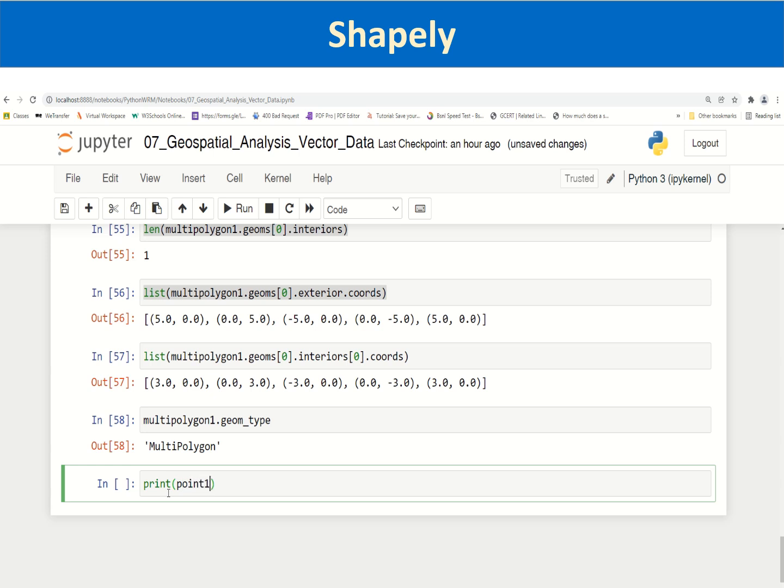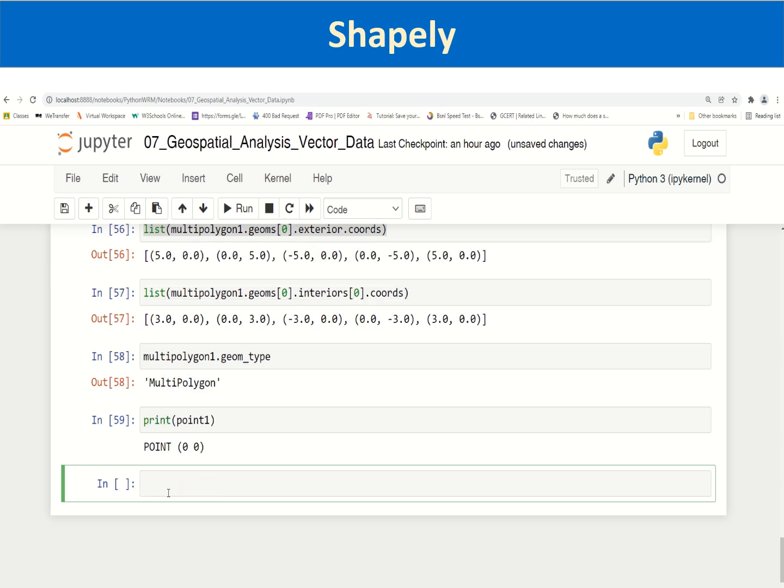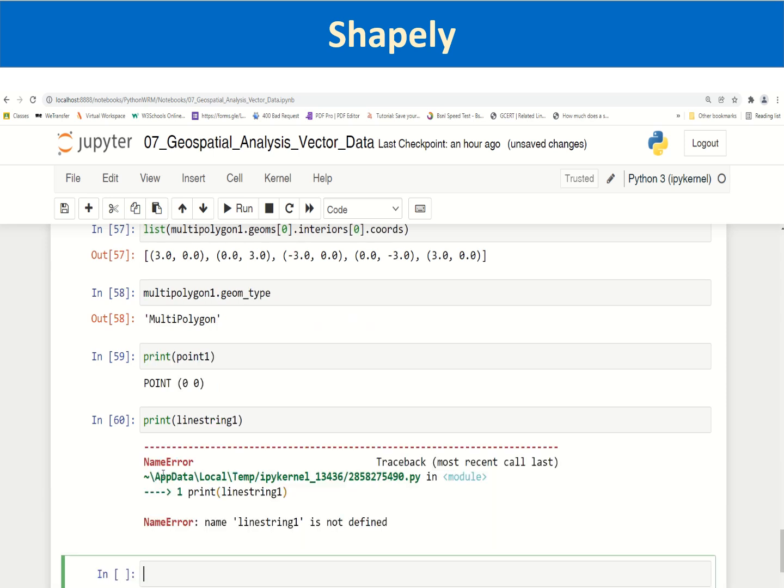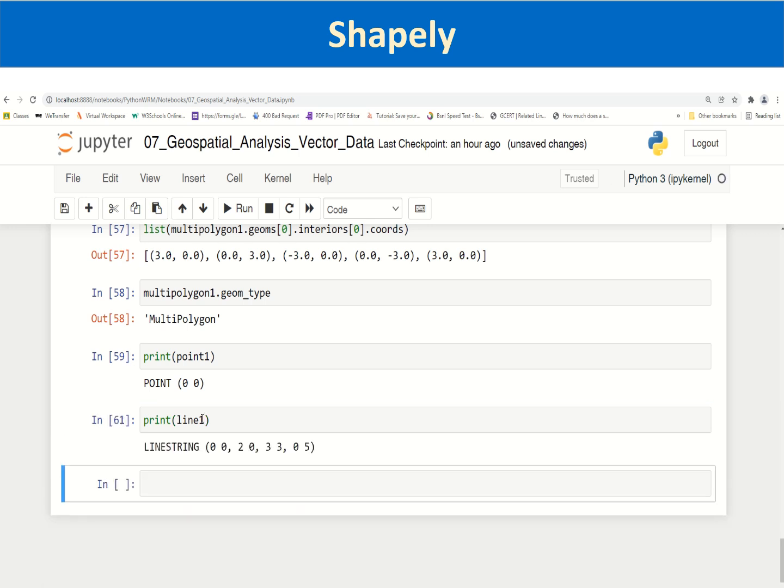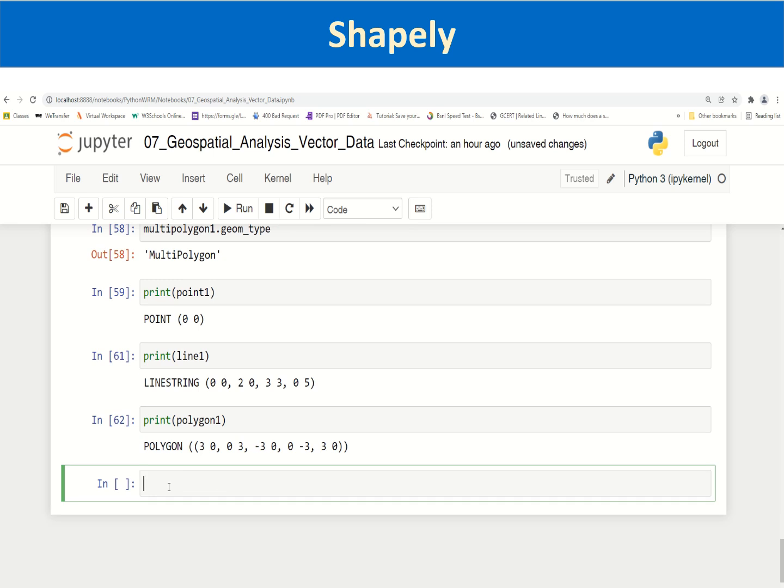Say if you print point 1, which is a simple point, it will print that it is of type point and its coordinates. Similarly, if we print line string 1, no, we have defined it as line 1. It is a line string with the coordinates. And if I print polygon 1, it will print the coordinates. If I print the multi-polygon,